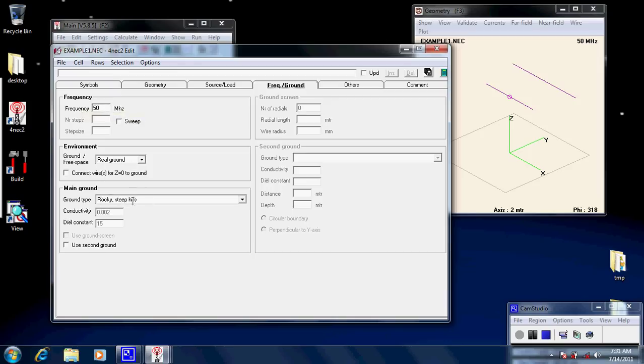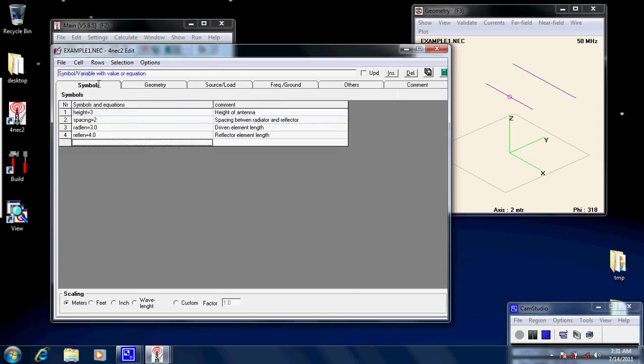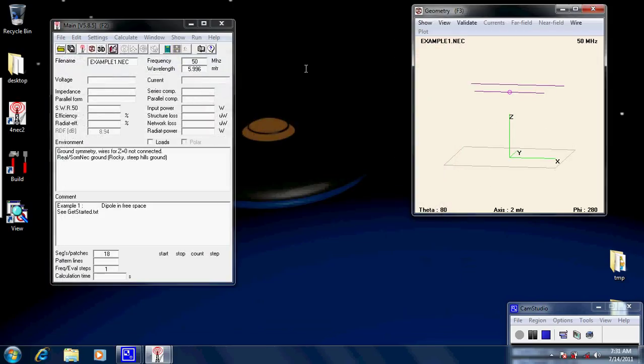The main, it's rocky steep hills, which is where I live, and that should get us going. Okay, now I'll just save that to make sure that's okay. Now I'll close this, because when we use the optimizer we have to close the editor. Okay, now the optimizer is here on the main screen, and you simply go to the calculate menu option and